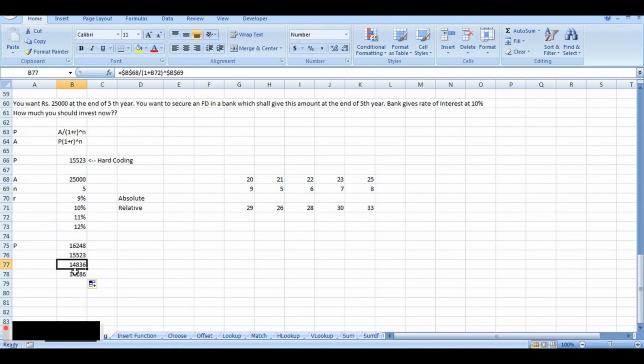So if you see all these three, only B, instead of B70 the things are changing to B71, B72 and B73. Rest are remaining same. This is called as relative referencing, or actually it is a mixed example of relative and absolute referencing.